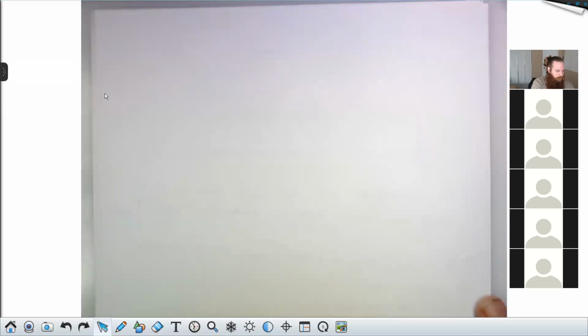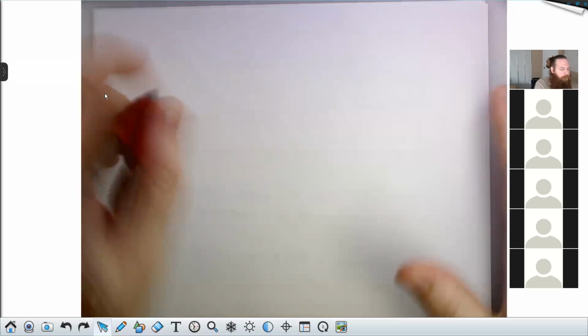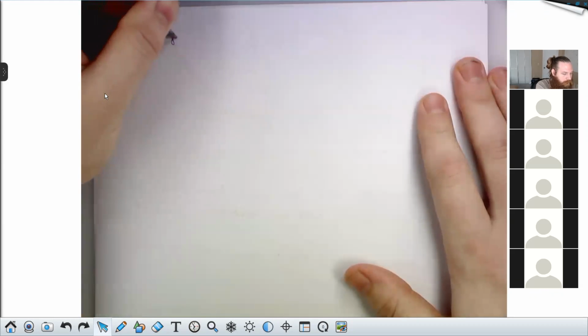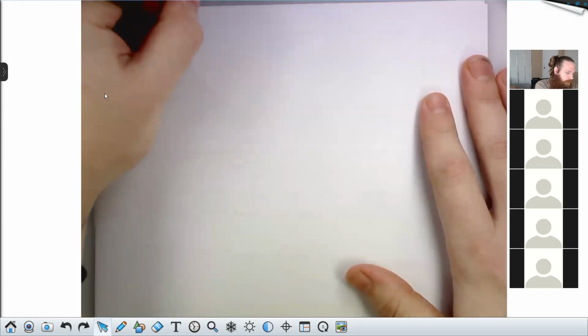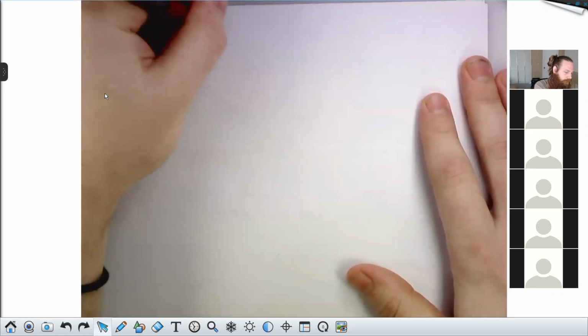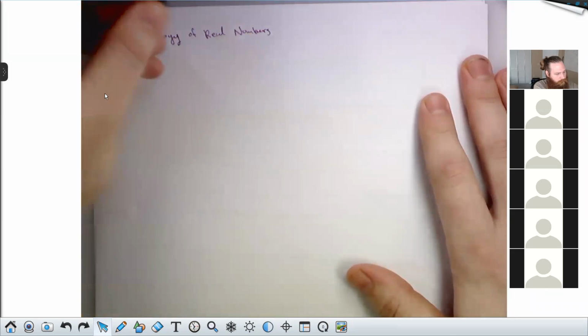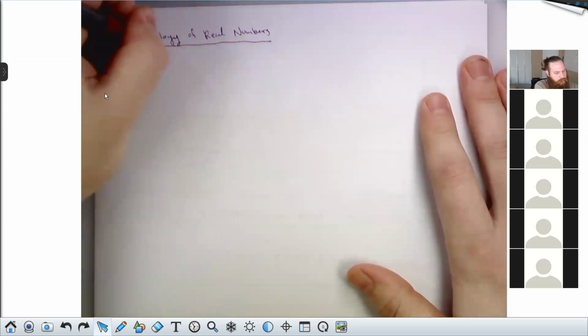So one of the most beautiful areas of mathematics that's out there anywhere is called topology. Topology is about the study of shape. In the real numbers, we're specifically interested in intervals.